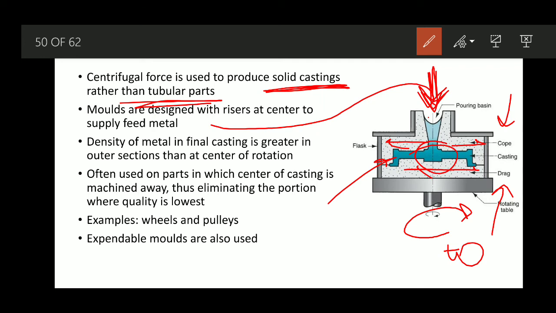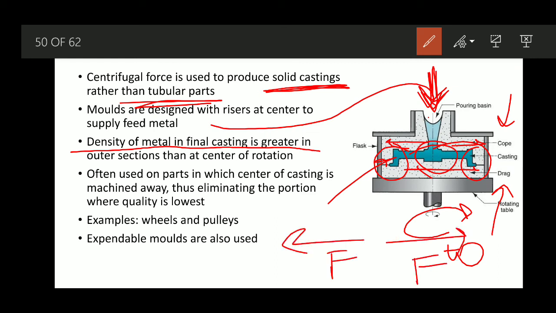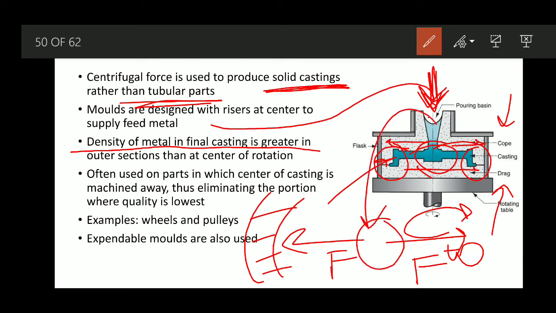But due to the centrifugal force, the density of the metal in the final casting is greater in the outer section. Centrifugal force is always acting in the radially outer zone, so metal will be more deposited at the wall section. But in the central zone it will be less thick,